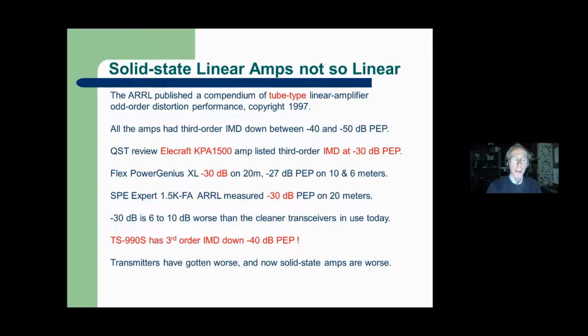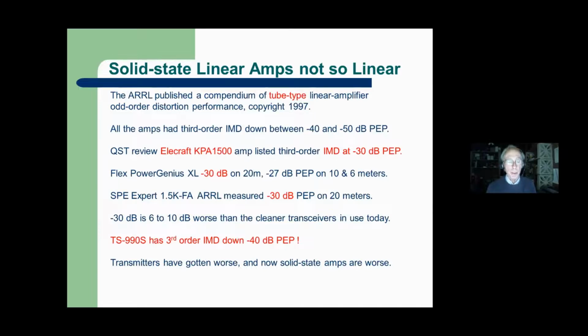Power Genius hasn't been in QST yet, but it's been tested here in Colorado. 20 meters, minus 30. 3 dB worse on 10 and 6. The Expert 1.5K, that was in QST, minus 30. So this is pretty typical of LDMOS. We like the LDMOS because apparently they're somewhat more robust from blowing them up with bad SWR or something, but they haven't been an answer for cleaning up solid state amps, aside from pre-distortion, if we can get that